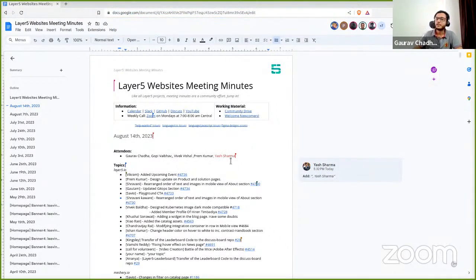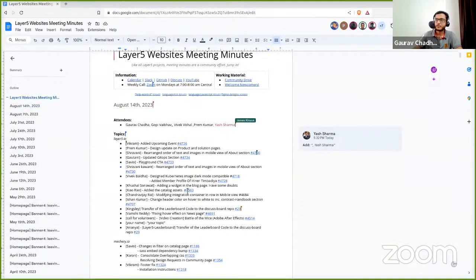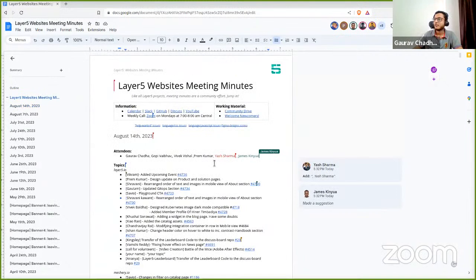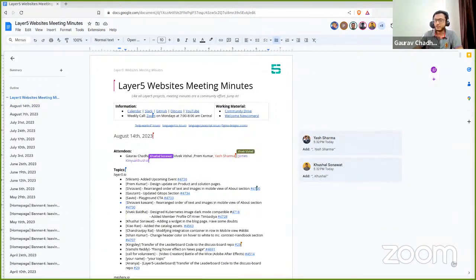Make sure you mark your attendance, and if you got any agenda item, feel free to add it in. We'll be discussing front end issues, pull requests, and works from contributors on different websites. And with that, let's start with our weekly tradition to welcome newcomers. If you are joining this call for the first time, this is your chance. You can unmute and give a quick introduction and say hi to the community.